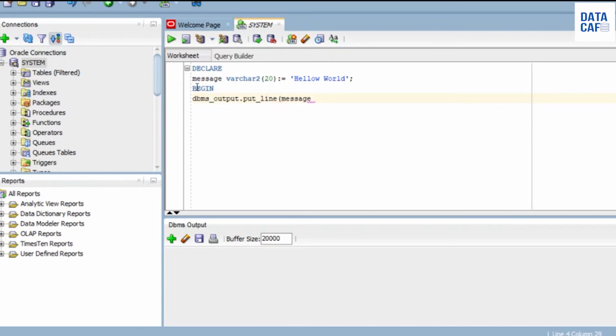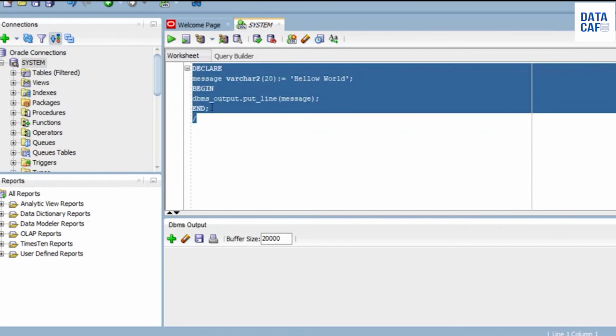My variable name is message. Then you have to end your PLSQL block. You have to type end semicolon, then put the forward slash.